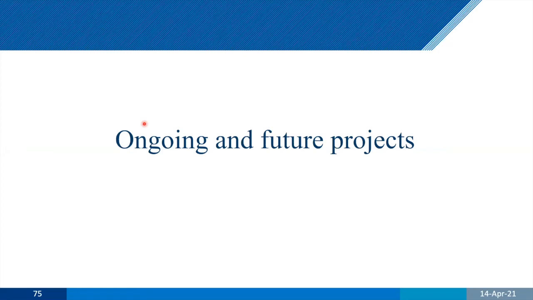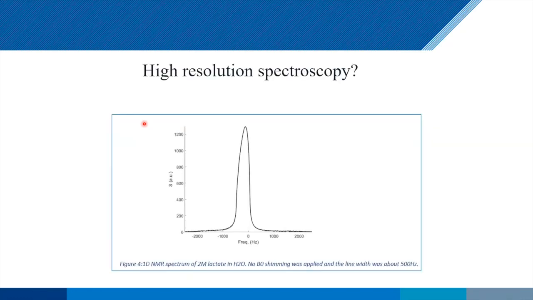So what are we doing? What do we see? What is kind of interesting to look at in the future? I'll start off with one thing that's completely non-obvious, and that's to do high resolution spectroscopy. High resolution means like 1 hertz spectral width. Here's the spectrum, which is 500 hertz, maybe a kilohertz. So how are you going to get any kind of information out of that?